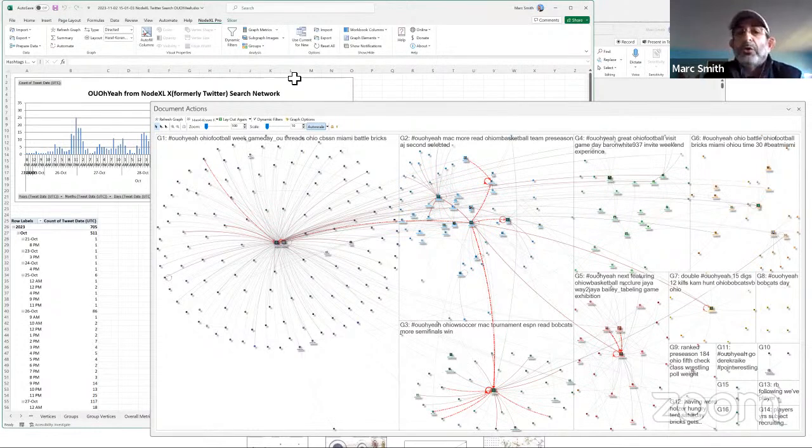It could be an institution. It could be the university itself has an account. But these entities generate content. They create messages. And in addition to the messages and the pictures and the videos, people are creating connections. And connections are really important. Connections are the thing that are created when you're swiping and tapping, forwarding and following and friending and favoriting. You're creating links between you and this other entity. And that entity is being linked to by other people, and those people are linking, and so on and so on and so on.